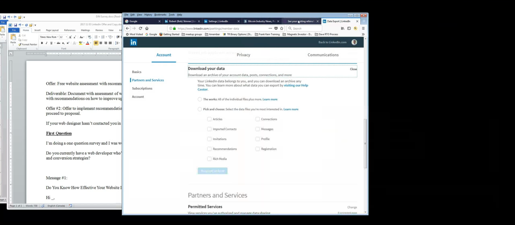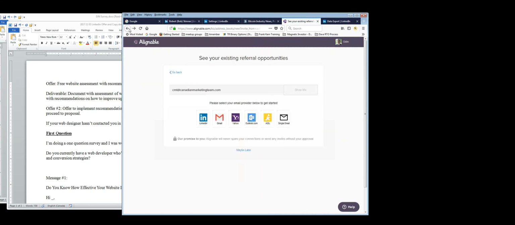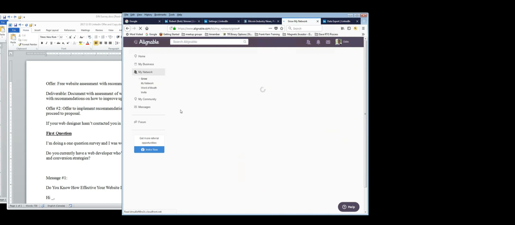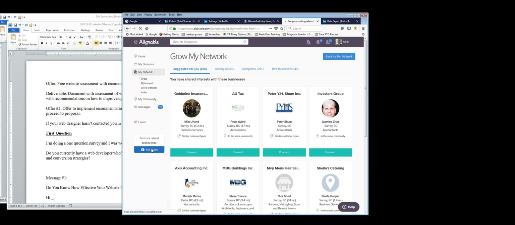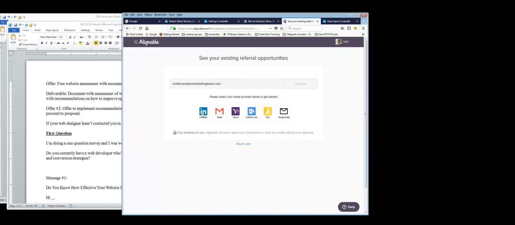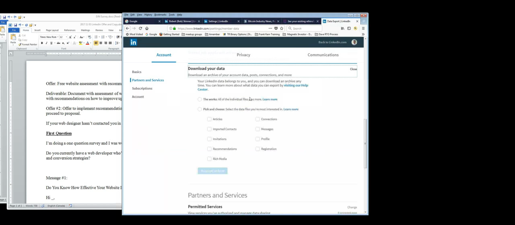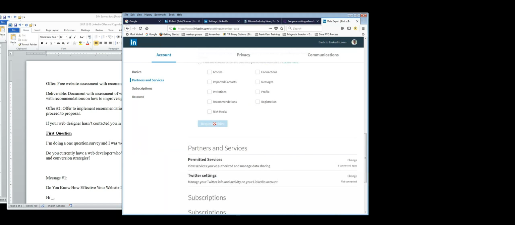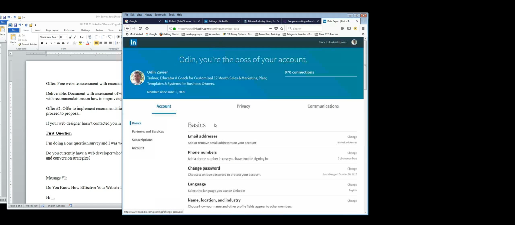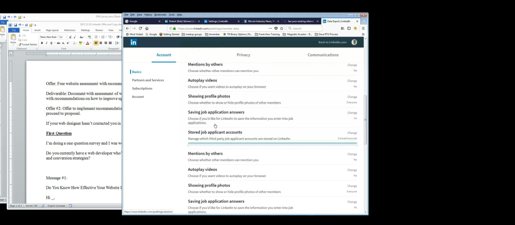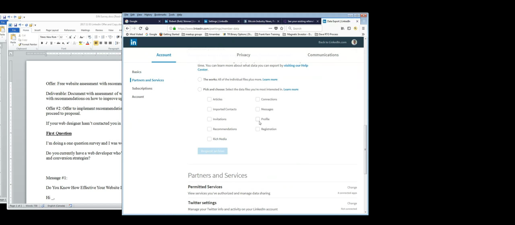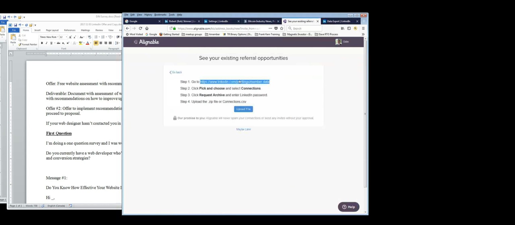Perfect. So on here, it's going to say to grow your network, invite now. And then what you want to do is click LinkedIn, and then it tells you what to do. So you go to www.linkedin.com or whatever it is, and then you go over here, and what you can do is export everything. You can export all the people. It's very cool. So what you want to do is, where is that? They just opened it up here.